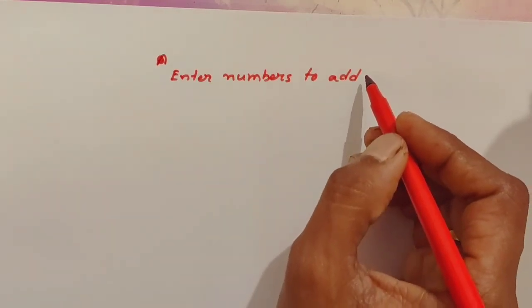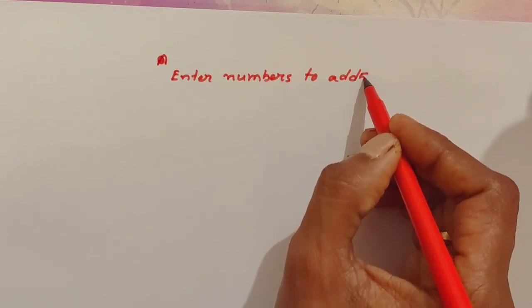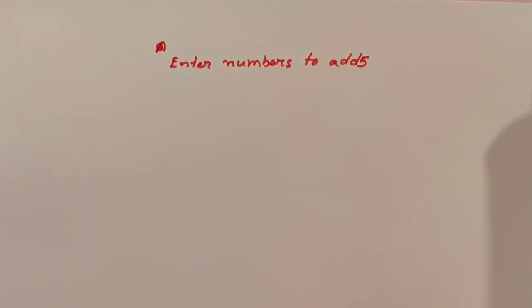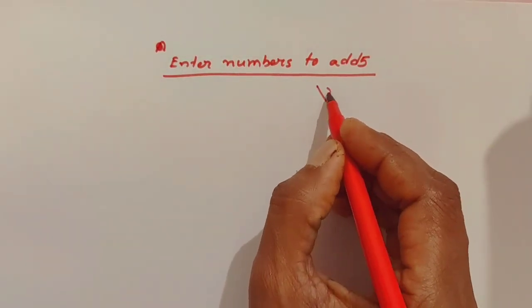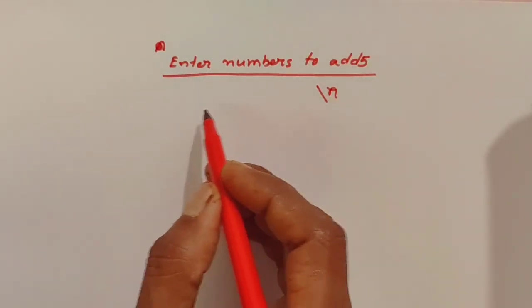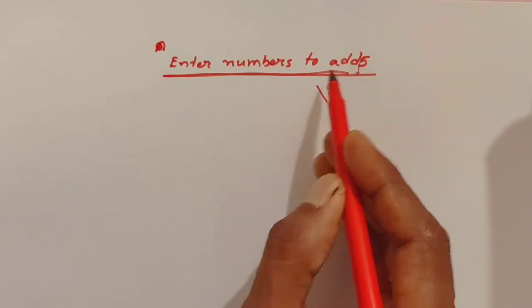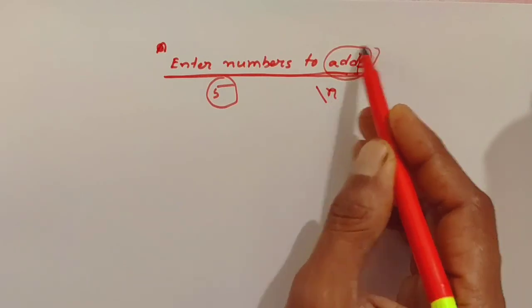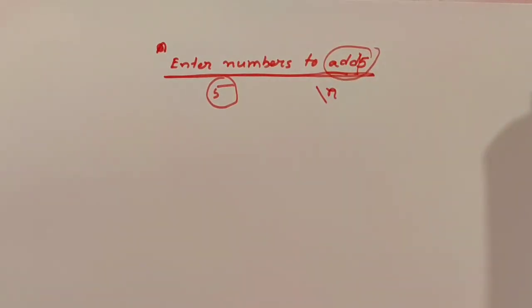When you give, suppose you are writing 5, it will look very odd. That's why we use an escape sequence to make it clearer. So \n means new line. When you write something, it will come in the new line. After printing this one, 5 will come downside, so it will not be messed up with the line. Different escape sequences are there. You can find them on page number 10.